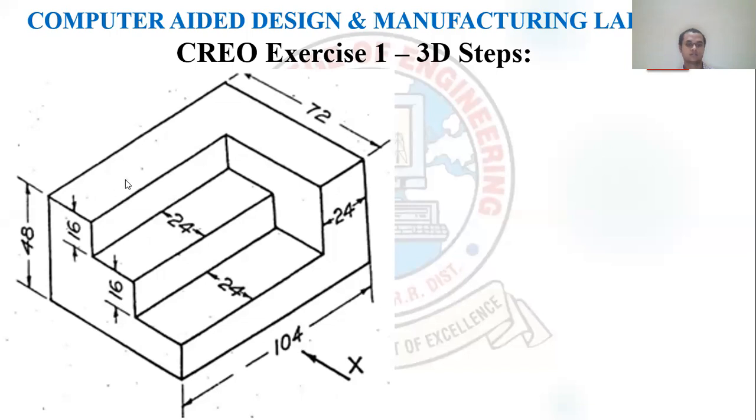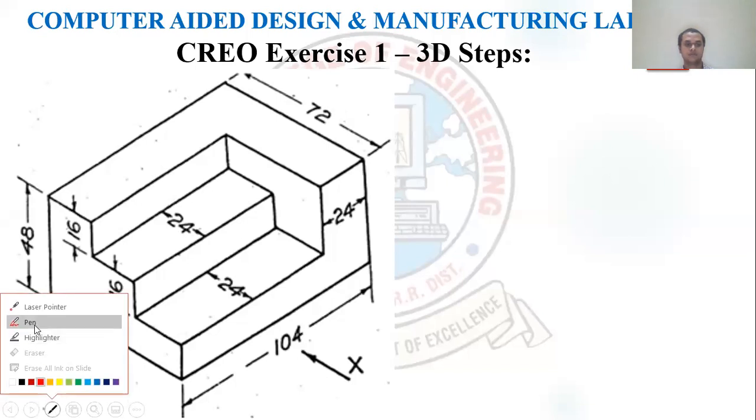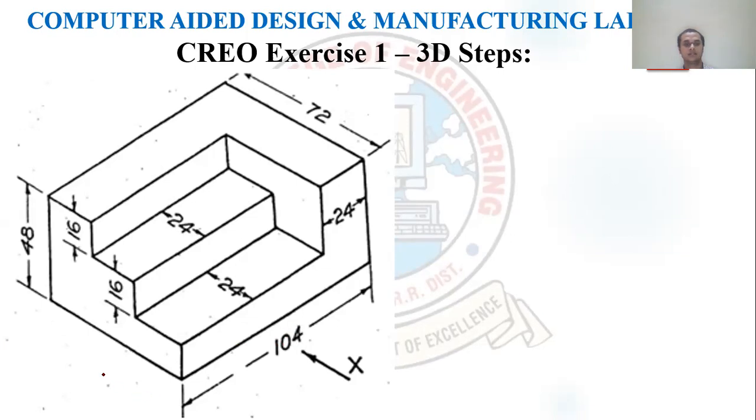By looking at this you can know the dimensions. Wherever you see the x, that is called the front view. In the front view, you generally represent the length, and on the other side you represent the width. The length is 104 and the width is 72. The same thing will be here, 72. The height comes as 48. So this is the 3D figure: length is 104, width 72, and height is 48.